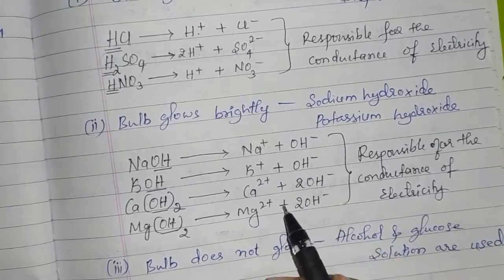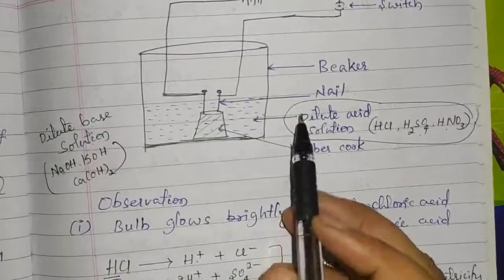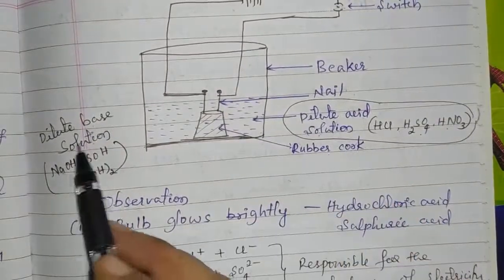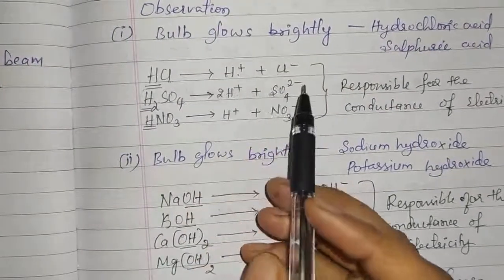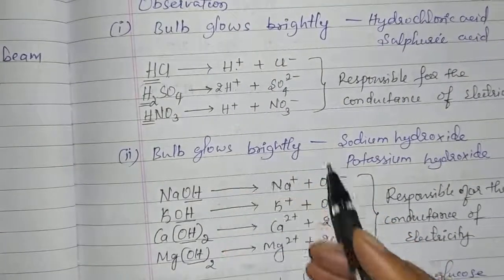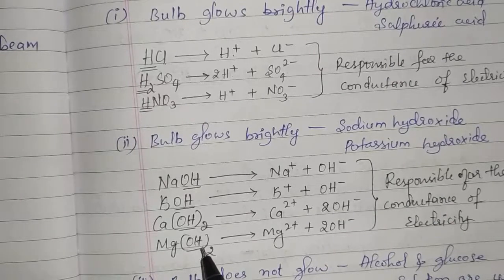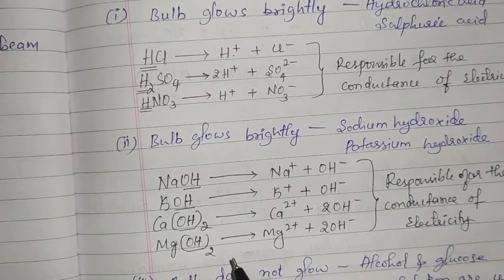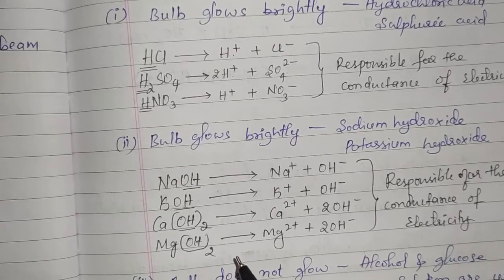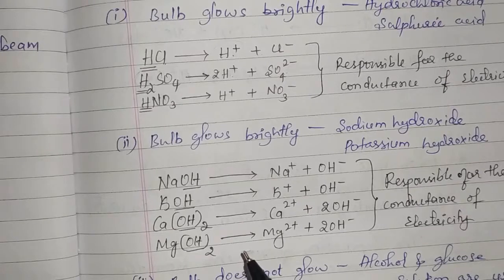Because of this reason, when this activity is repeated with the dilute acid solution and dilute base solution, they will observe the bulb glows brightly, because here both acids and bases will conduct electricity. They are good conductors of electricity. Acid and base solutions are good conductors of electricity, and conductivity of electricity is due to the release of these